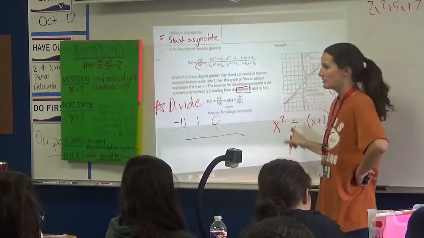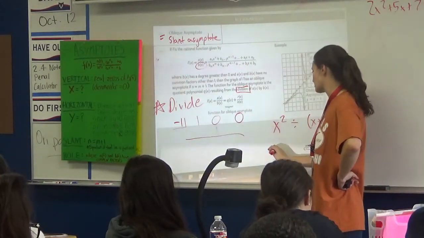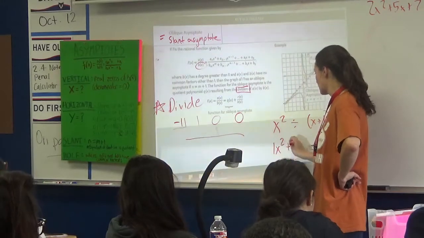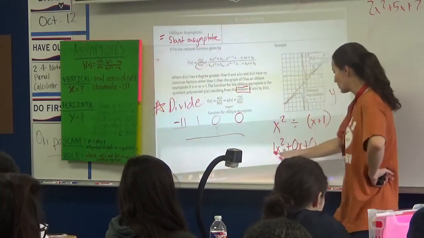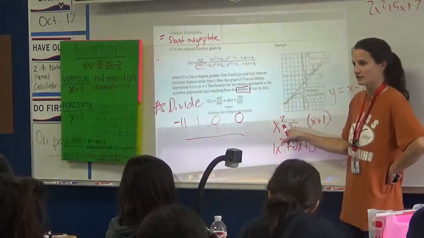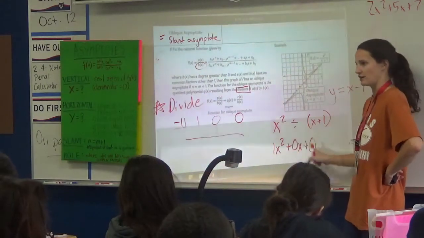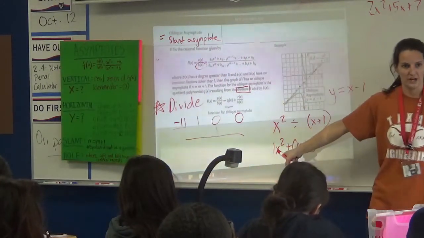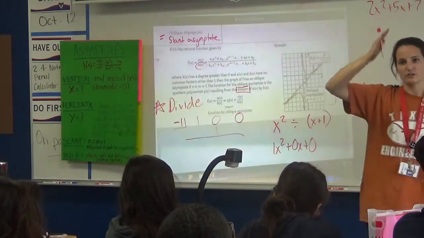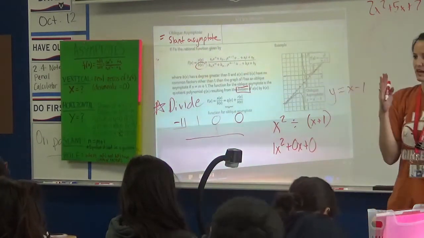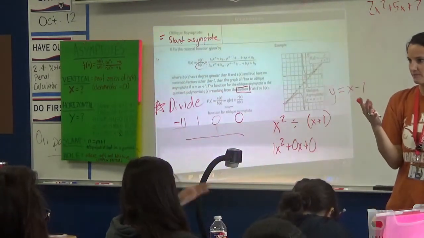And then I have 0 as my constant term. It's almost like this is equivalent to x squared, right? I don't have any x's, I don't have a constant term, and I have 1 x squared. So we're going to write 1, 0, 0. This is kind of a weird case, so just stick with me, okay?